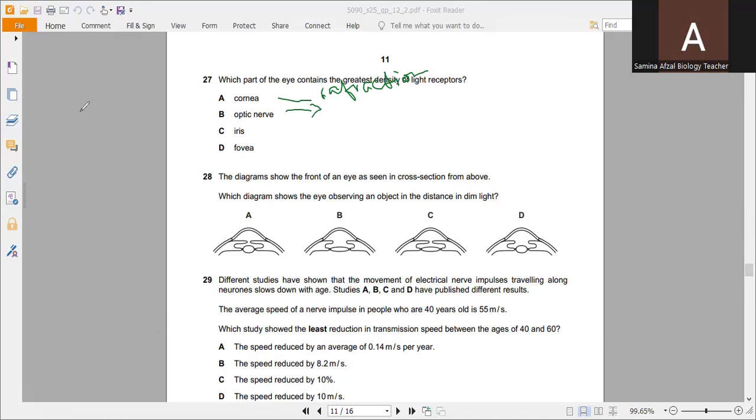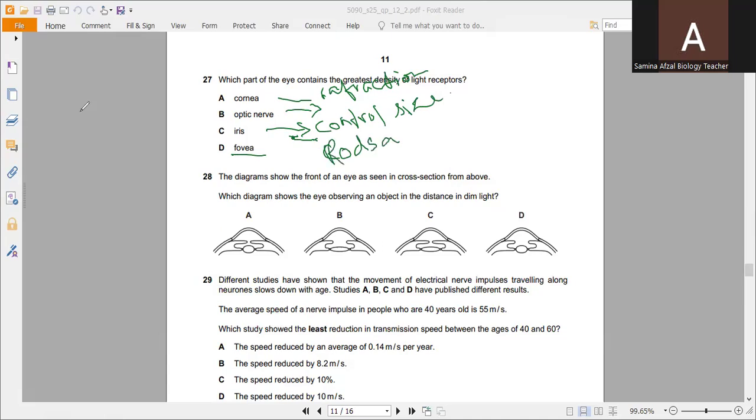Then the iris, the colored part, controls the size of the pupil. And the fovea is the yellow spot where the receptor cells are present, which are